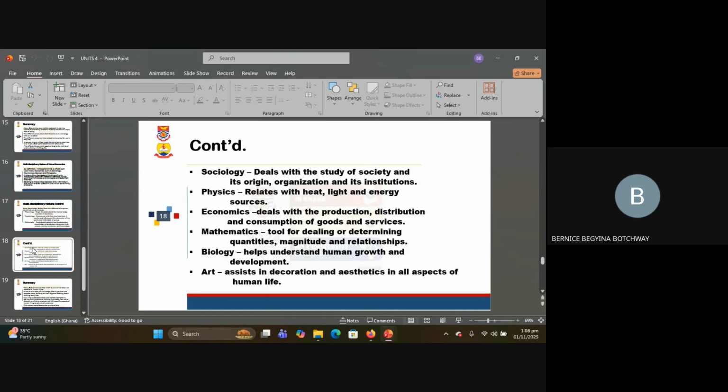We have sociology too, we have physics. I believe we are all learning integrated science this semester, right? Are we doing integrated science this semester? Yes. Okay, integrated science, I believe we've seen how knowledge from physics affects not just the food and nutrition aspect, but the clothing and textiles aspect too. How we apply heat in pressing garments, how we apply heat in cooking our various foods. It cuts across all the types of cooking that we have. It also comes to economics too. We draw knowledge from that side.